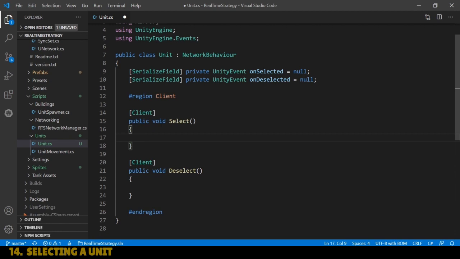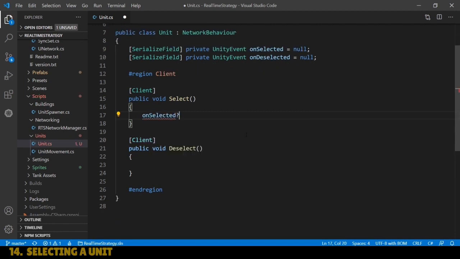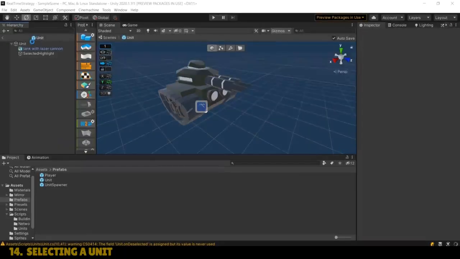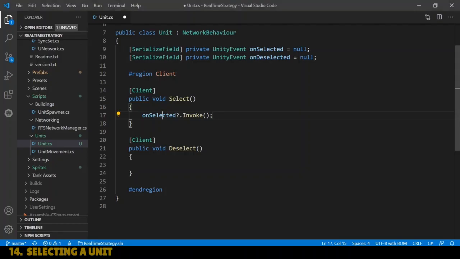So to raise the selected event, you type onSelected, and then you do question mark dot invoke. Now the reason there's a question mark means that if this is null, if there are no, if you said to do nothing, then just don't invoke it. So by invoking it, it means, you know, do the things we've set up in the inspector. And this doesn't invoke if it's null. But in our case, it's not null, it's just a safety check. So we can do that for deselecting too, on